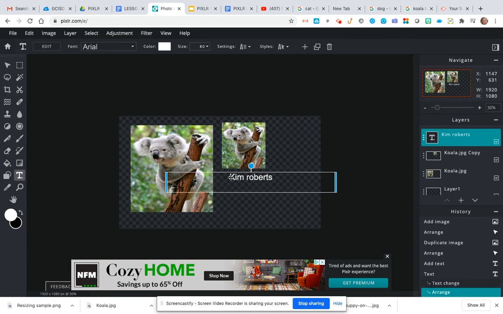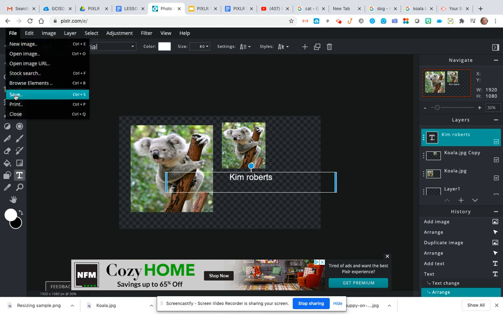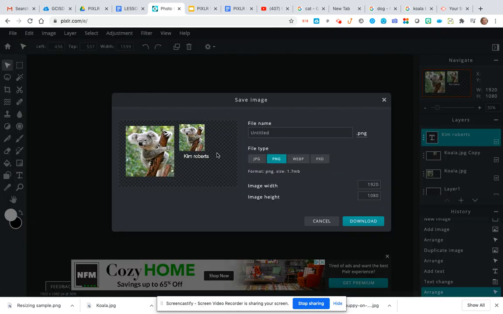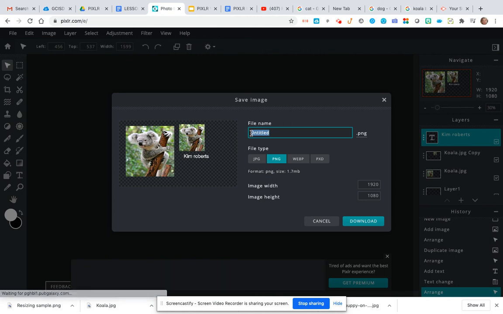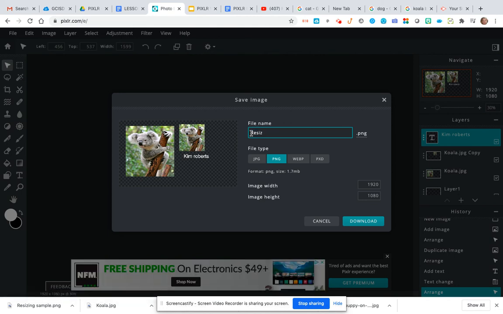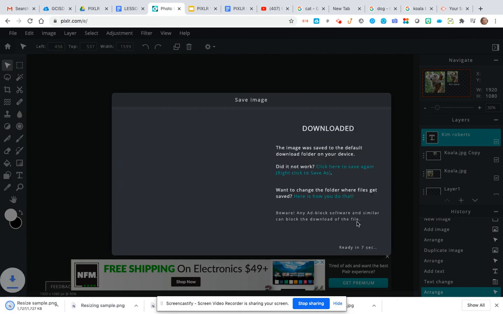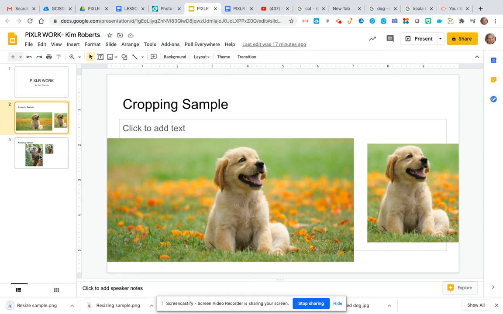Now what you're going to do is save this file, and you're going to call this Resize Sample. And then download that, and then you're going to put that into your Pixlr, and then you're going to call this your